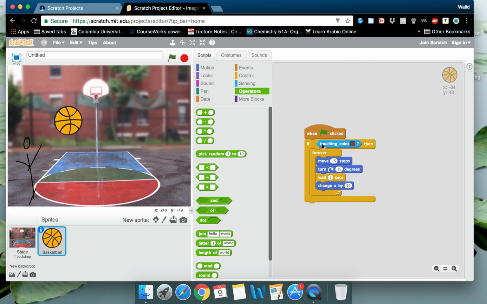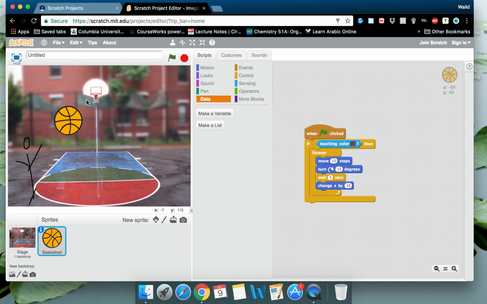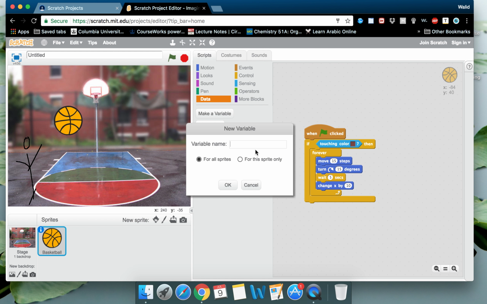And then you have data. So data, you make a variable. Basically, the way this works is, let's say, score or something. You can make it for specifically this sprite or for all sprites. This is the ability to change between which sprite you use, and it's useful because